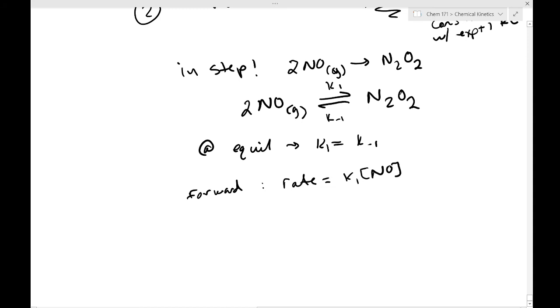I don't know why. So the rate for the forward reaction is k1 times [NO] squared. And the rate for the backward reaction,